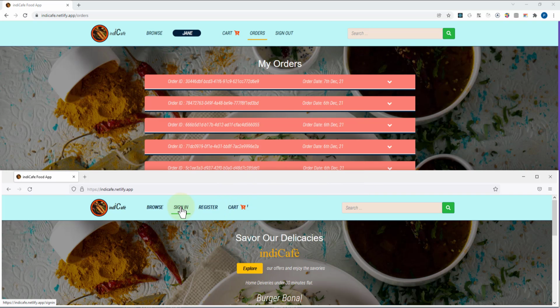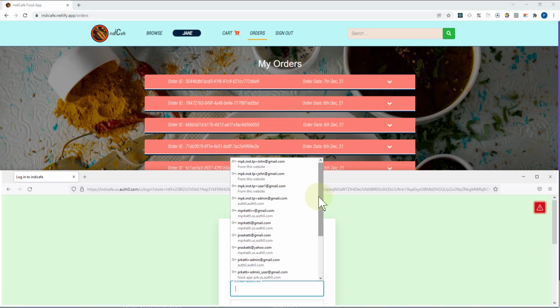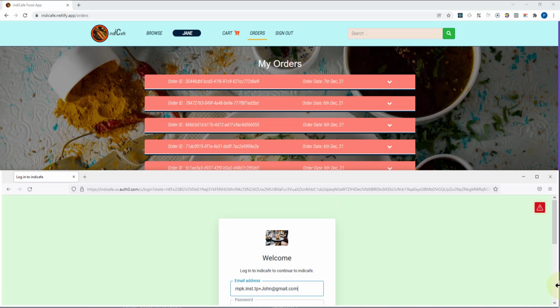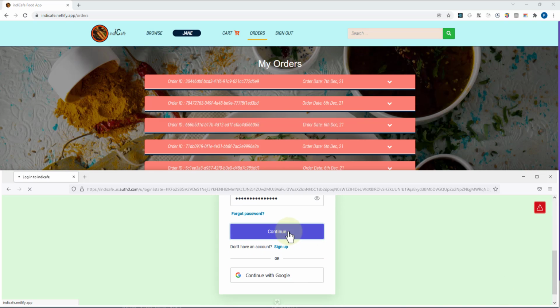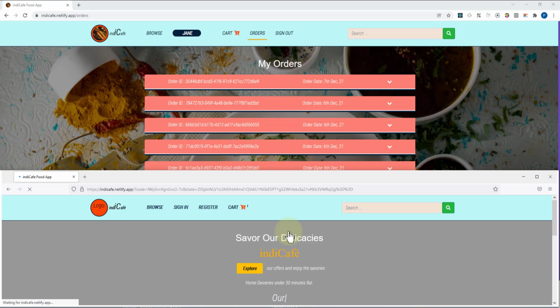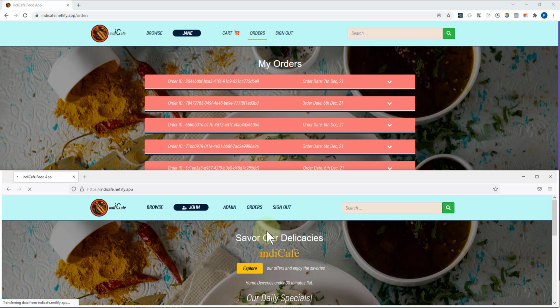Okay, I'm going to log in here, and I'm going to log in as an admin user this time around. Say continue, and let's see what differences we have here. All right. So right now we have the admin user, and he has additional privileges in terms of an admin section that's being provided to him,